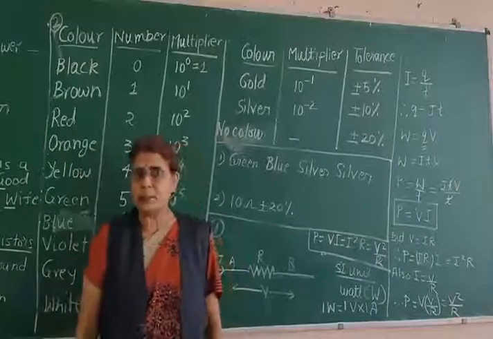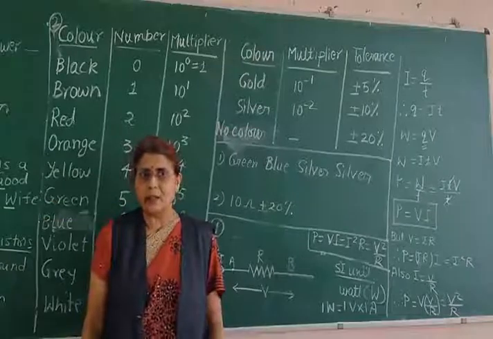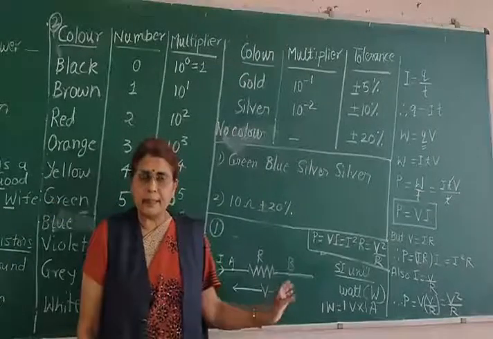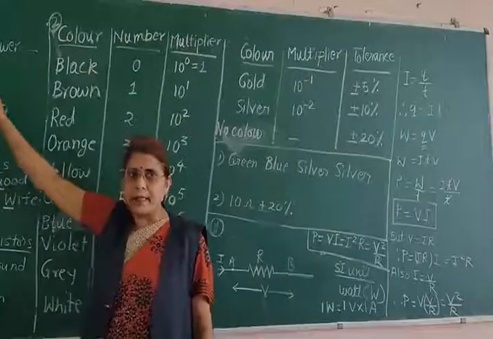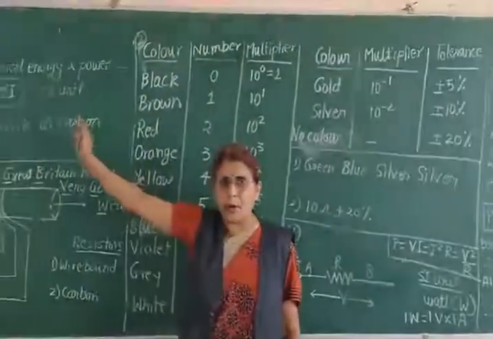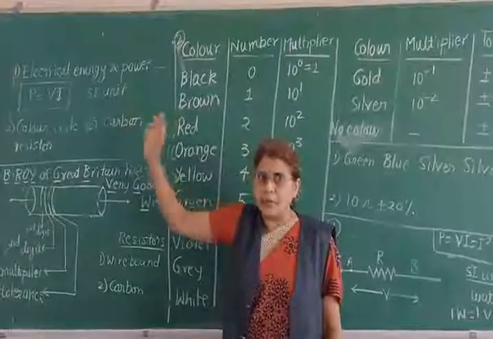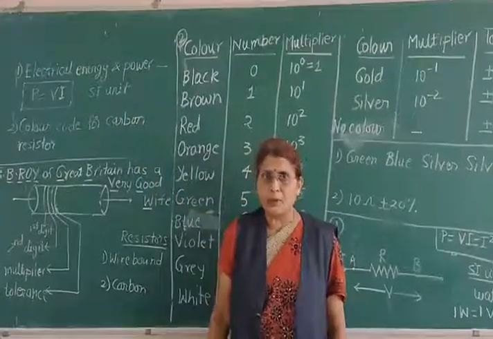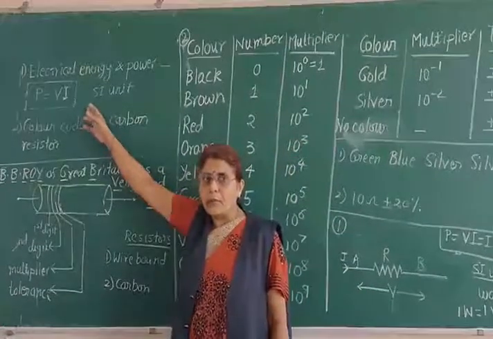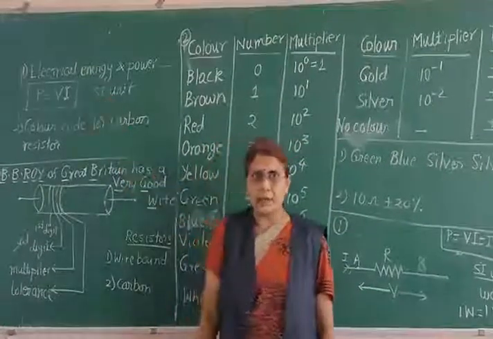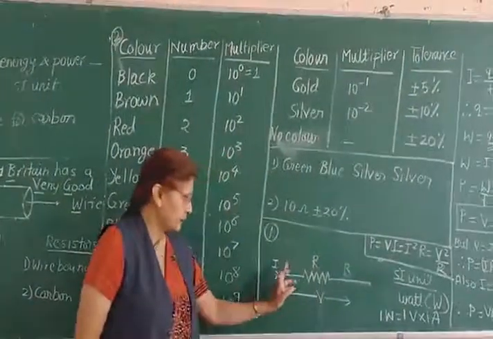If you see the textbook, this explanation is given in quite a rigorous manner. So I have taken a very simple way of defining what is power, because this part is asked only for the problems. If you have a problem based on the filament, or they give you a bulb and ask you to find the power, then for the problem you need the definition P equals V into I. So for that I have taken a very simple circuit.